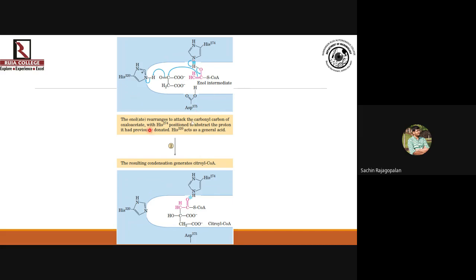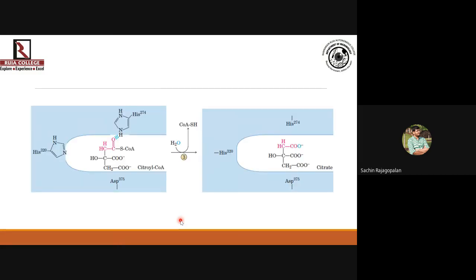So this is the same figure that we saw earlier; let us now observe the lower part of it. So we have picked up and shifted this entire group. Okay, and you can see that the entire group looks like this, where you have CH2, C double bond O, S CoA, COH, COOH, and CH2, COOH. That is your citryl CoA, and we saw how citryl CoA is converted into citrate, right?